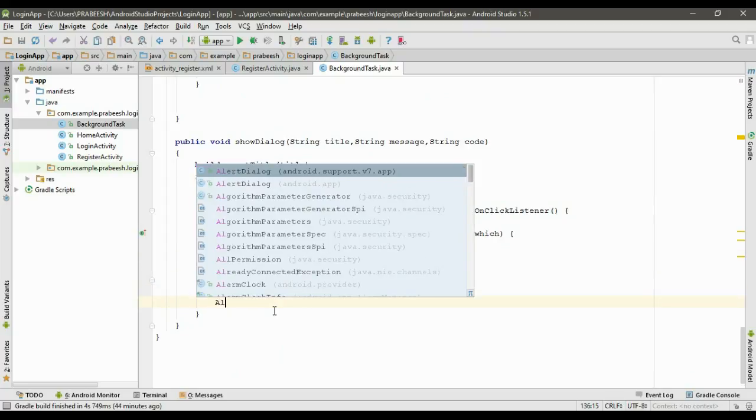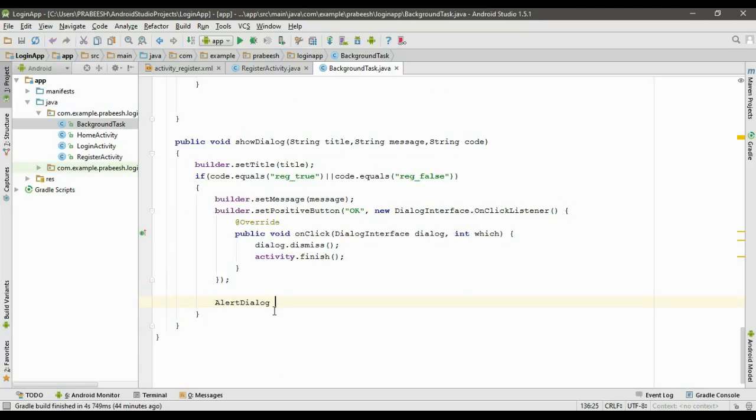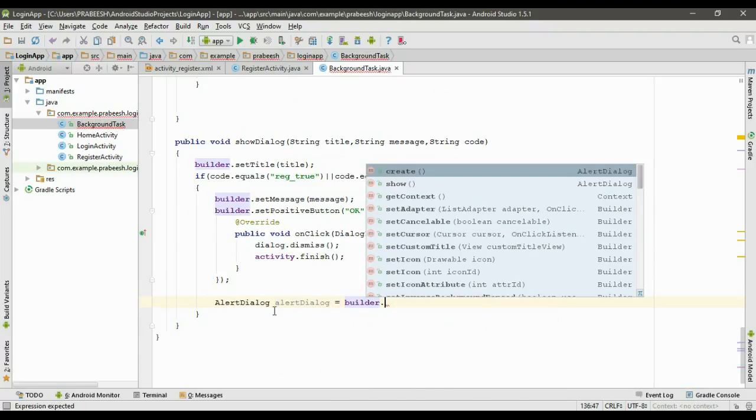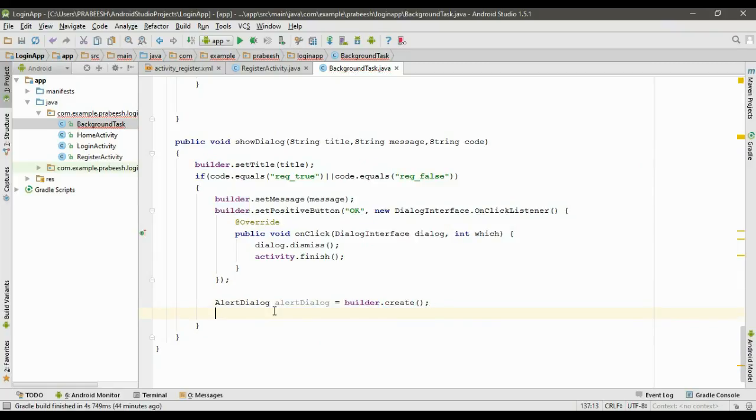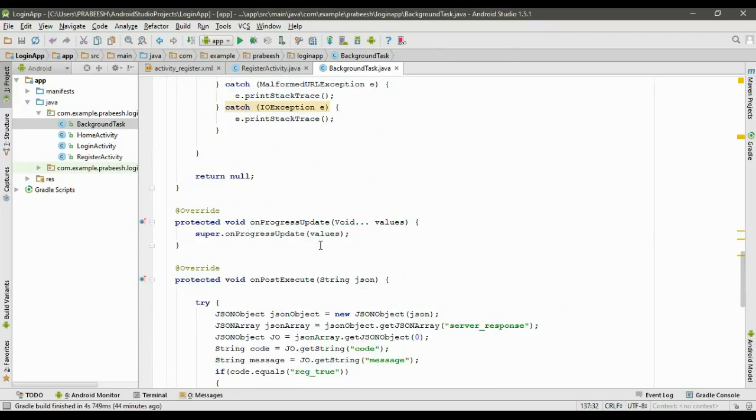And after that we have to show the alert dialog. So create an alert dialog, and by using the builder, create it, builder dot create. Now show it, alert dialog dot show. This will display the alert dialog. Okay,